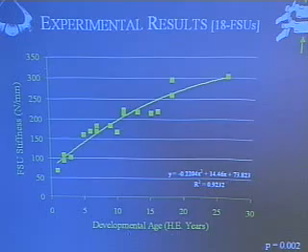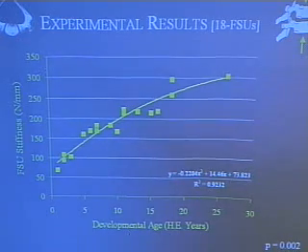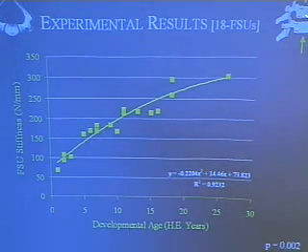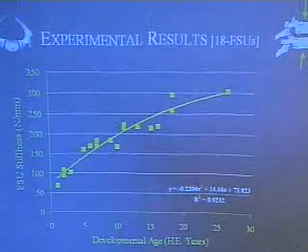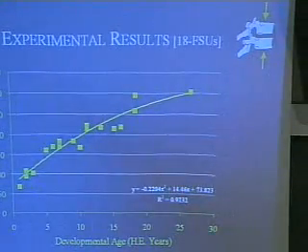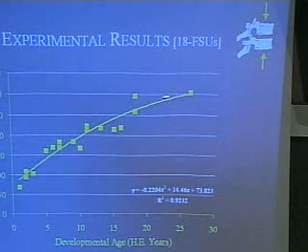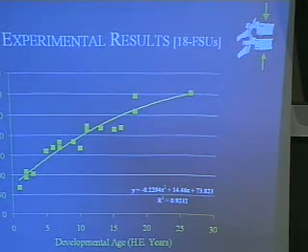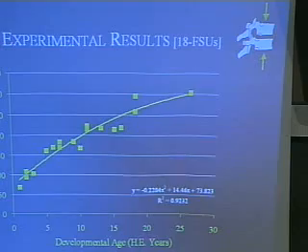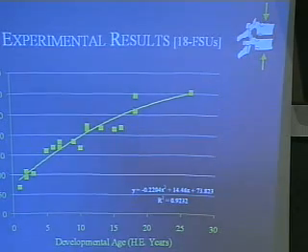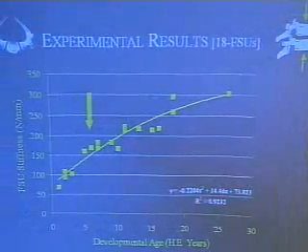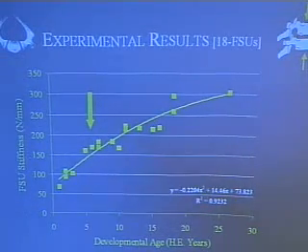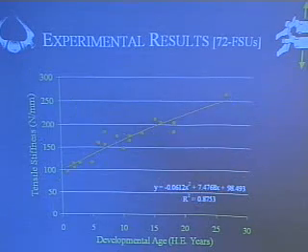We did a subsequent study where we looked at the mechanics of the tissues between two vertebrae. So now I'm compressing two vertebrae and all the tissues between them. And what you'll see is, again, a similar shape curve where the stiffness in compression increases with maturation. And again, I point out that for the 6-year-old we did only have one specimen in this group. And so it would be very difficult to build a model around one specimen, and so we thought it best to model the entire relationship.